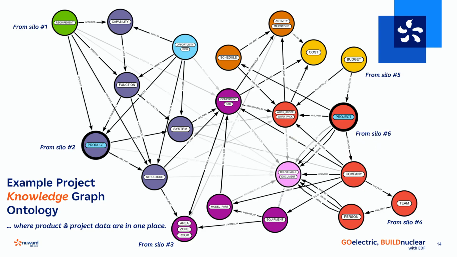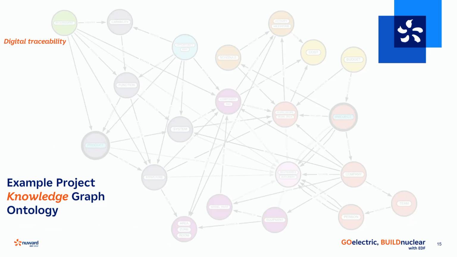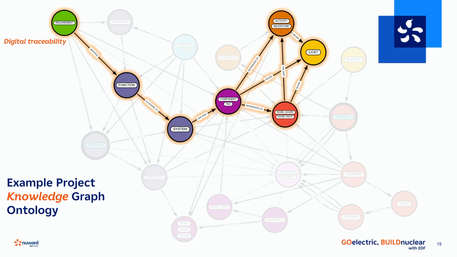So how does this work when you want to answer a question that we posed earlier? Taking, for example, I start from requirements. So requirements changing. What would be the impact on cost, for example? Your start point is a requirement, and your end point is a cost with the yellow circle there. So through the graph, you can establish the path.